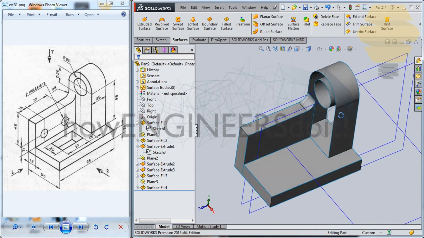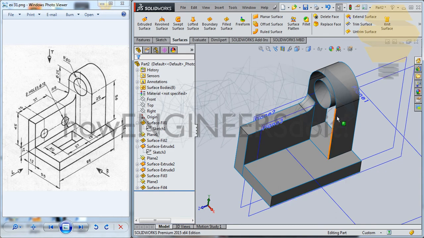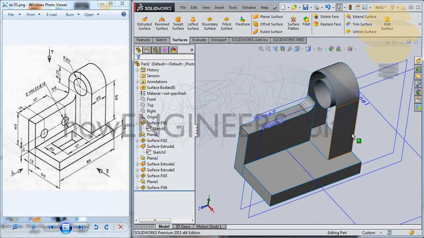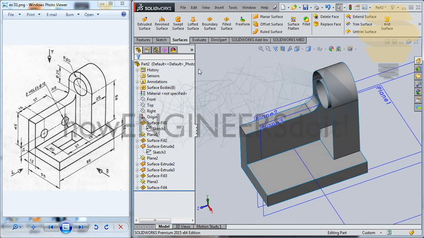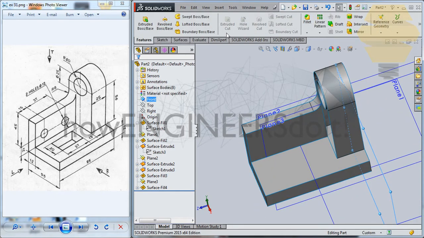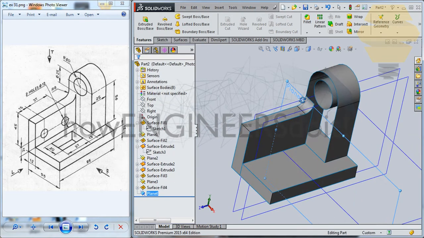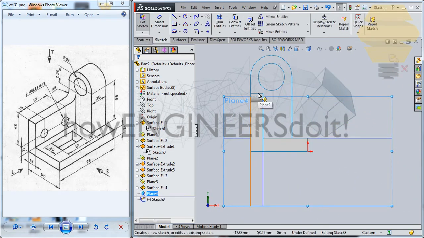and what you got to do finally is, we need a plane at this surface here. So what we can do is we can take the help of an existing plane, so that will be the front plane here, and go for reference and go for the plane, create a plane at a distance of how much? 25. And at that plane, go for the sketch. You can simply create